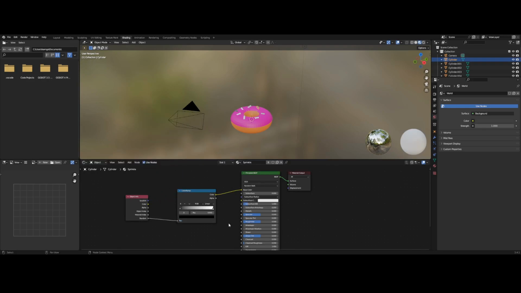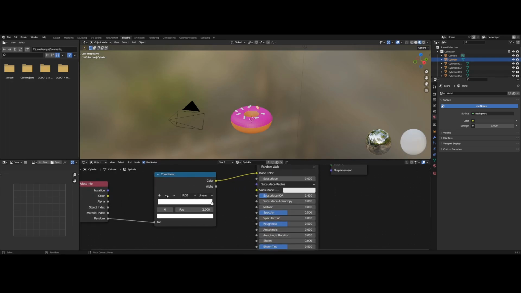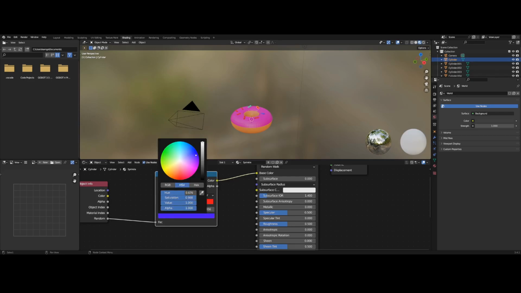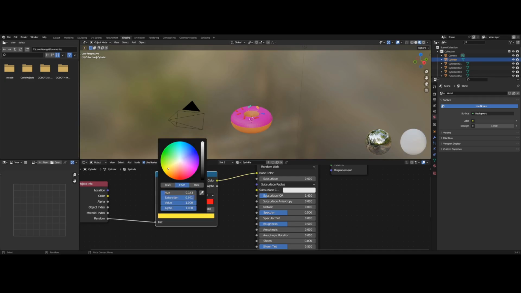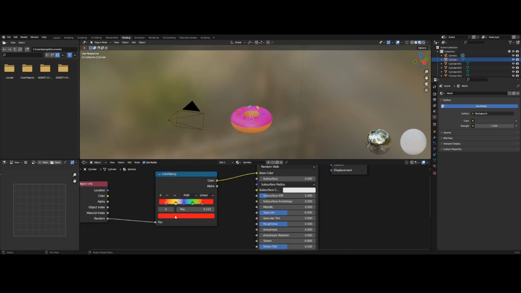Yeah. So put it there. And now we can remove all this. We can add one. Sprinkles typically are color. I'll make one red. Put it like there. Add some more. Like 5 of them. So now we're creating random kind of texture colors for the sprinkles because sprinkles are different colors. This one will make it like a kind of greenish color. And then for this one, we'll make it like a blue color. And then this one, make it a yellow kind of color. And then for this one, we'll make a sort of, like